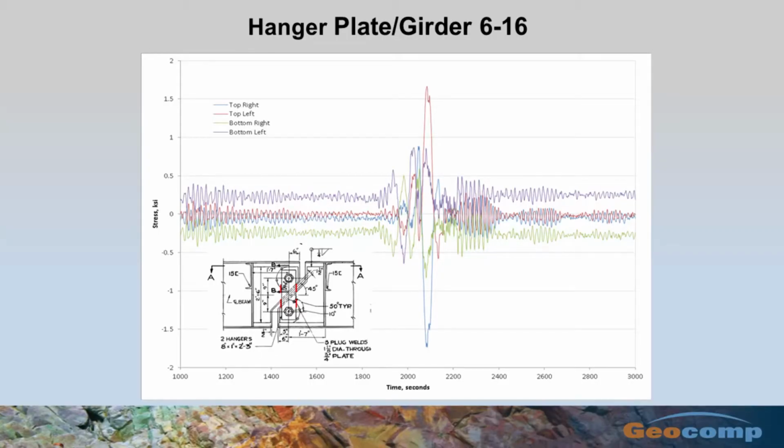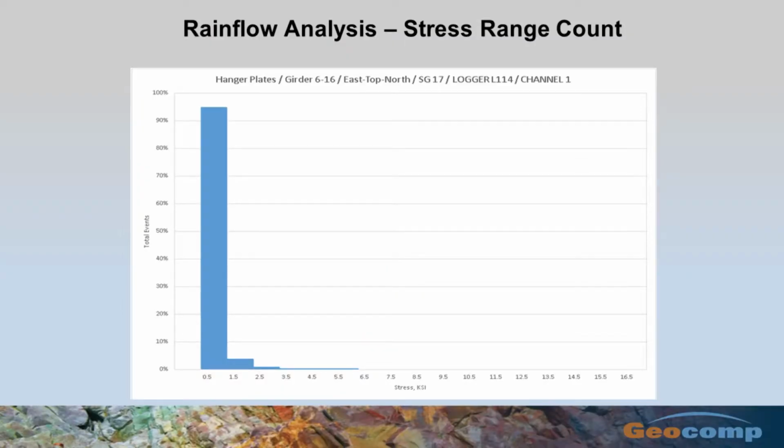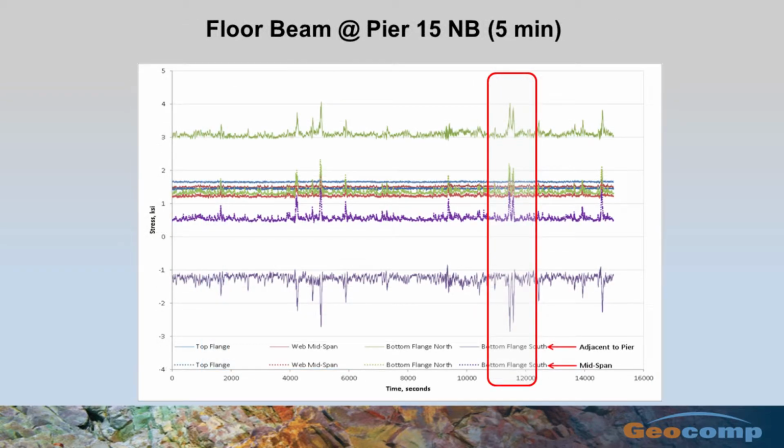A blow up of this: what you're seeing here are the bending strains of the hanger plates, a little blow up of that little section over a very short time period. Seeing the reversal of the bending strains. So these are processed through a rainflow analysis, doing a stress range count of the different stress cycles for this type of strain gauge. And then same thing with the floor beams, calculating the stress ranges for the floor beams